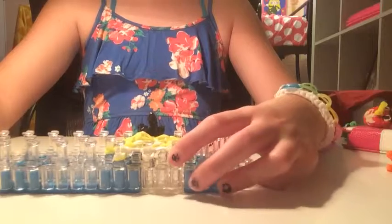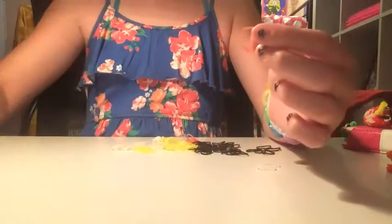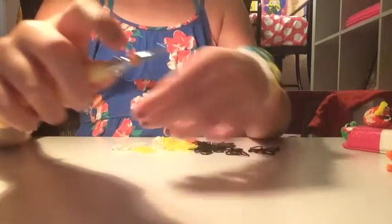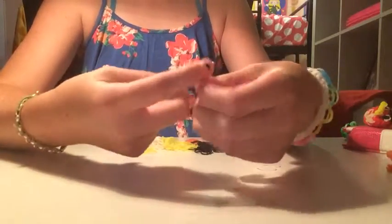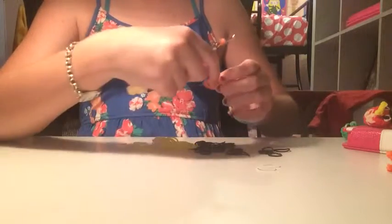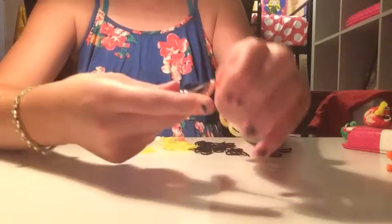So now we must make the beak. So we get one band, wrap it around once, wrap them around again. Wrap one band around, put it over, stick it together. Another band, double it, pull everything over,